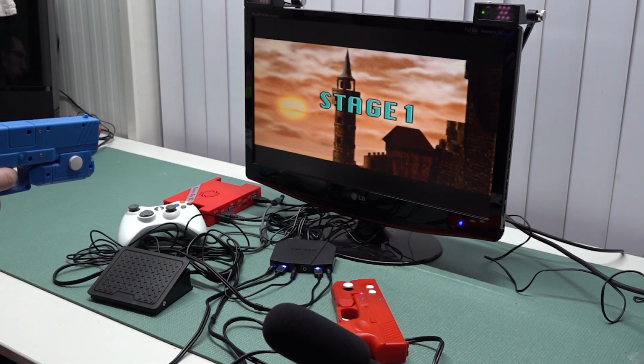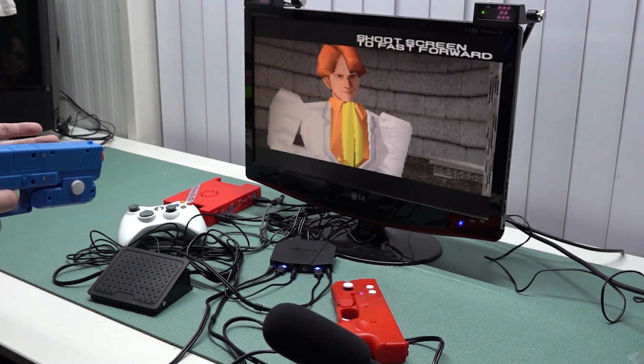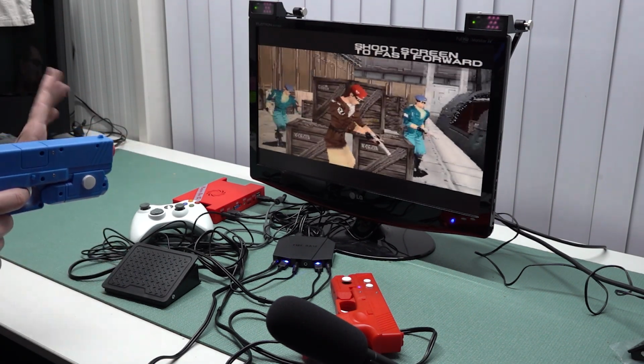One thing I've noticed with some of these devices is that the audio you're hearing now is not like it's supposed to be. So the game is not emulated perfectly. I just want to be clear about that. It's a minor difference, but